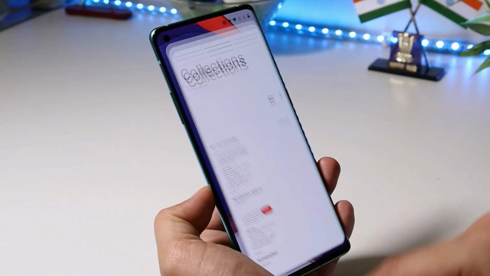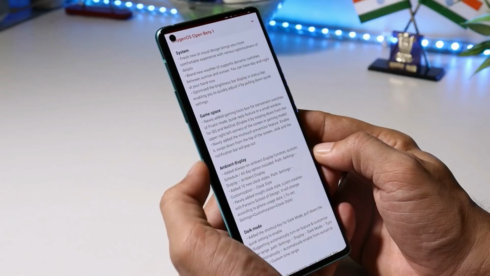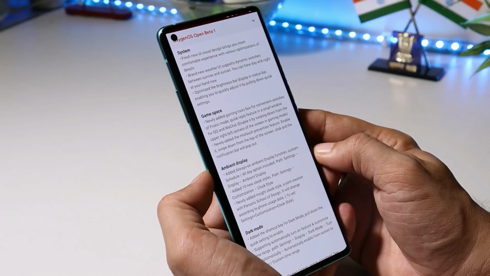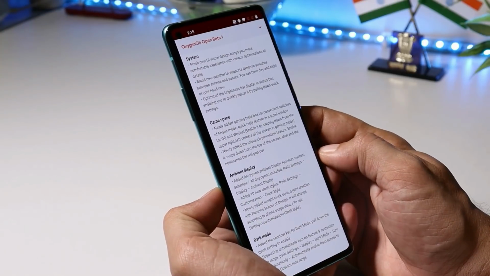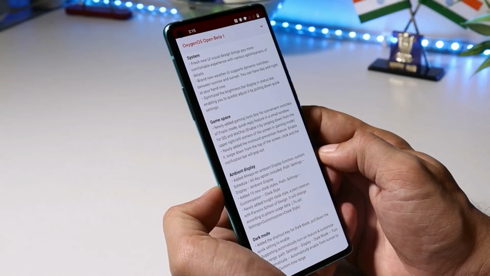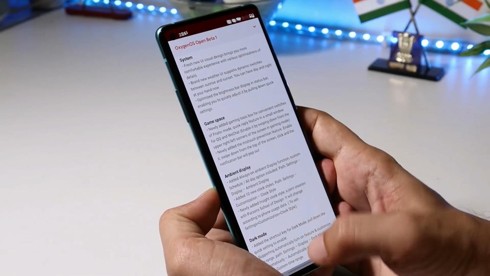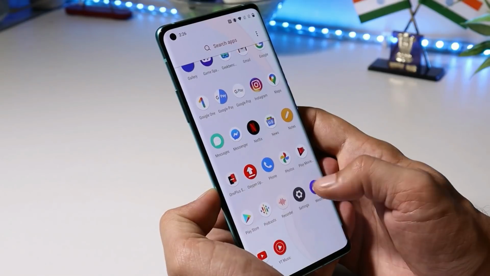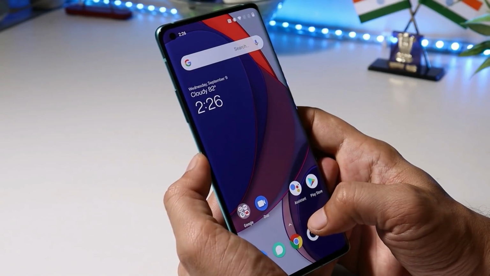Now let's talk about the change logs of Oxygen OS 11 Beta. So here we have a complete list of changes which are related to system, game space, ambient display, dark mode, zen mode and gallery. Talking about the first one which says fresh new UI design brings you more comfortable experience with various optimizations of details. So as I said, a lot of UI changes have been done with Oxygen OS 11 for the OnePlus 8 series. We have already covered almost all the new features added with Oxygen OS 11.